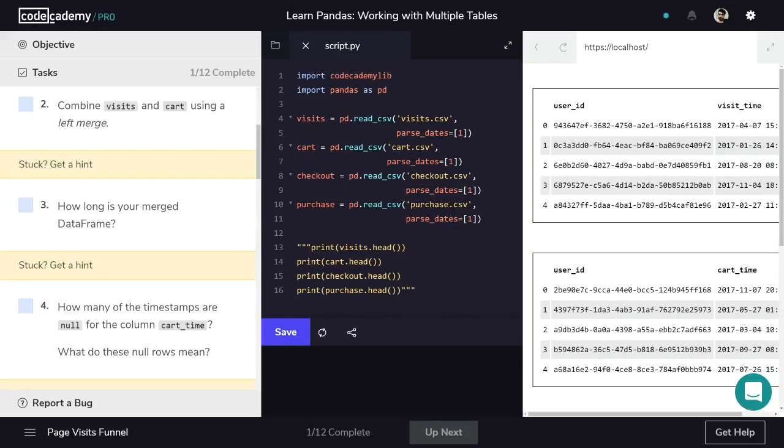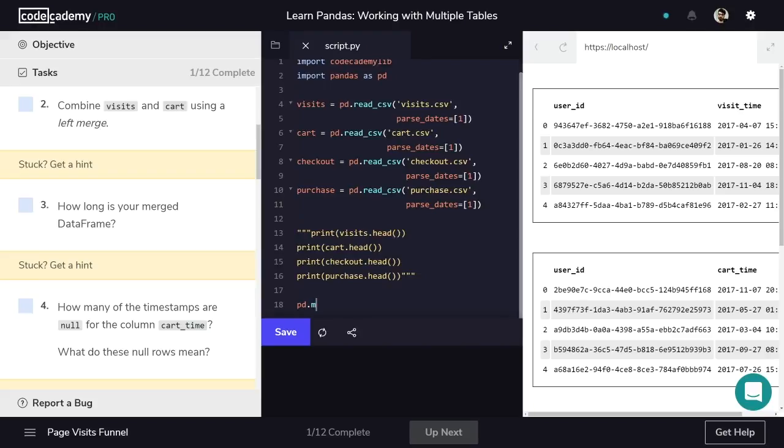We'll merge visits and carts with a left merge. A merge will give us all the columns from both data frames. Left merging means that we'll exclude user IDs that only appear in cart. So we'll use pd.merge. We'll select visits first as the left data and cart as the right, and we'll use how to select a left merge. I'm going to save this merged frame as visits cart,